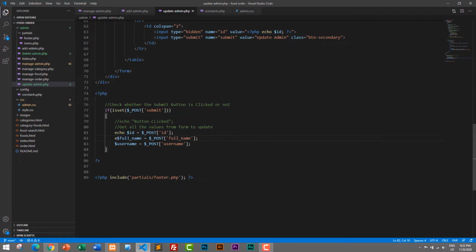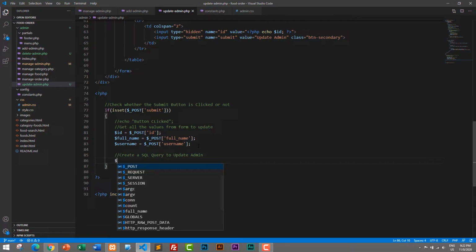So this is the update processing section, and we are processing the value on the same page as the update admin page. Now we need to create a SQL query to update admin. So let's create an SQL query. $sql is equal to